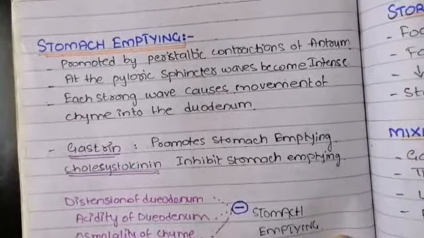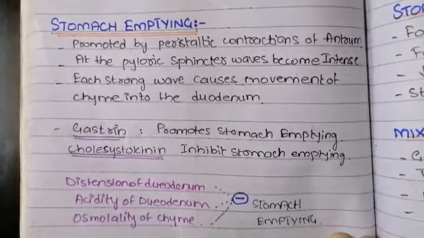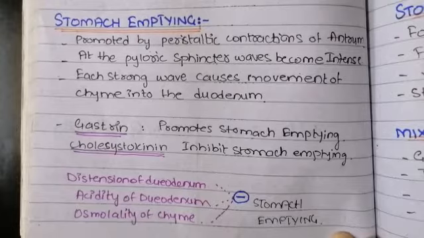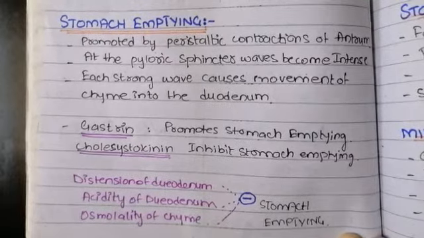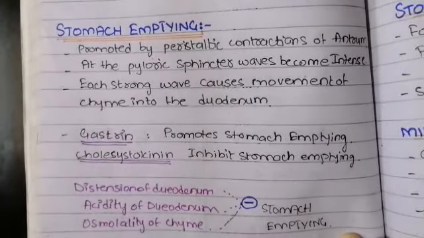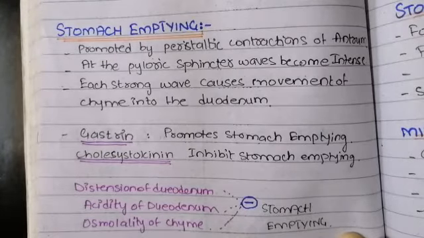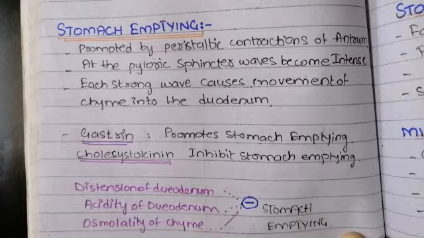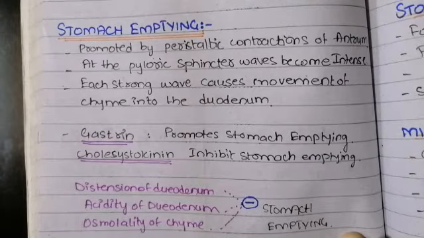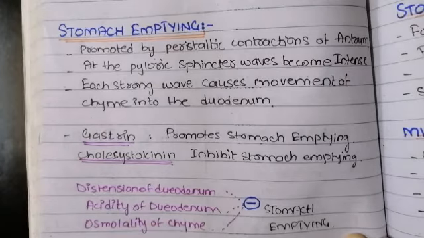In this part of the video, we are going to discuss the third function of the stomach, that is stomach emptying. The motor functions of the stomach include the storage of the food in the stomach and the mixing and propulsion of the food through the stomach, that we have discussed in the previous part. Now in this part, we are going to discuss particularly the stomach emptying. The food from the stomach will empty from the stomach body towards the duodenum, and then to the ileum, and then to the large intestine, and then the unwanted food will be excreted through the colon as feces.